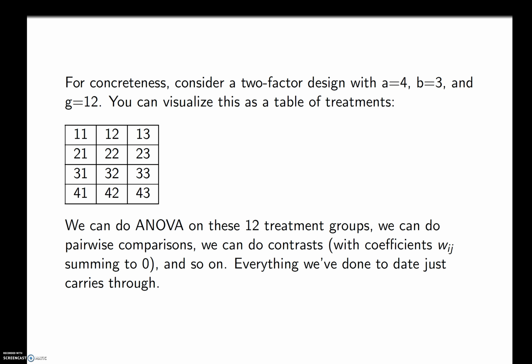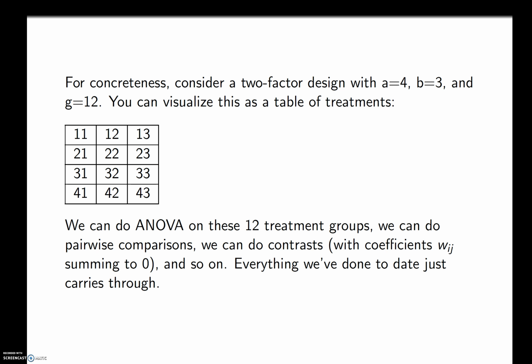So let's consider a 2-factor design here. We're going to have A equal 4, so the first factor has 4 levels, the second factor has 3 levels, so that gives us a combination G equals A times B, or 12. You can visualize all these treatment combinations using this table. So it's A equal 1, B equal 1, A equal 1, B equal 2, A equal 2, B equal 2, and so forth. So we could do an ANOVA CRD using these 12 treatment levels,